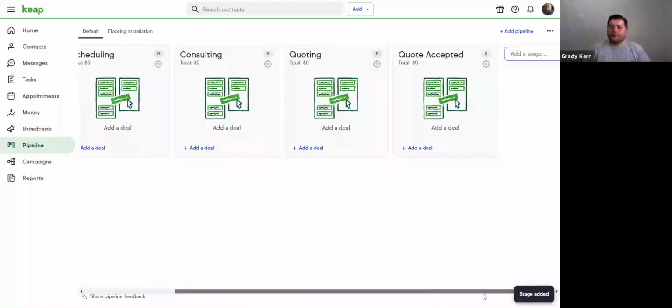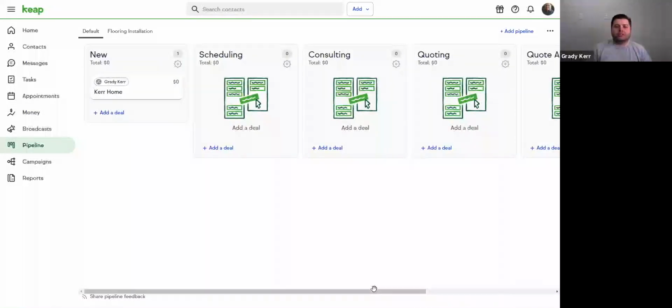So quote accepted. I've got 5 phases to my funnel: new, scheduling, consulting, quoting, and then quote accepted is basically my closed stage. Now, it's really easy for us to move one of my deals through each phase of our pipeline. Once I realize I've got a new deal, someone who raised their hand and said they're interested,